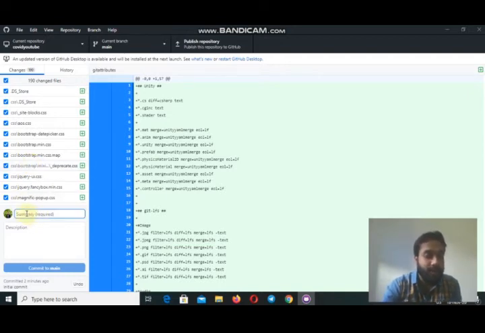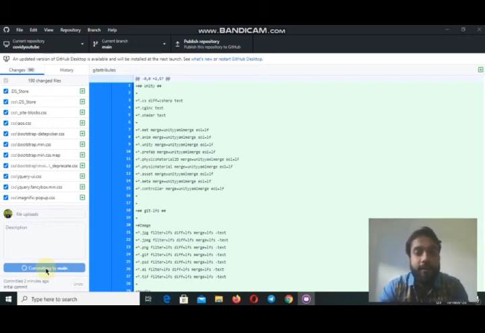So simply here in the summary, type anything. I am typing "file uploads". Okay, and now we have to click here, commit to main. Commit to main means the main branch of your created repository. All the files are committed to the main branch of your created repository. This is the thing we simply do on GitHub on the web version. So here in GitHub Desktop, this is the process of uploading. It will take some time depending on your folder size and also on your internet speed. Don't skip the video, I will tell you the full process of how to do this.